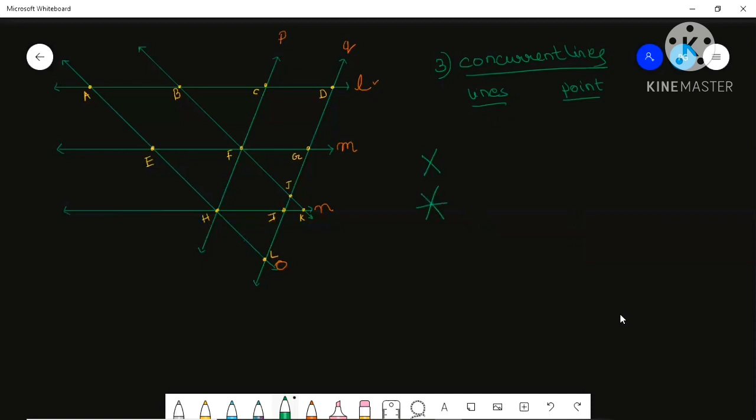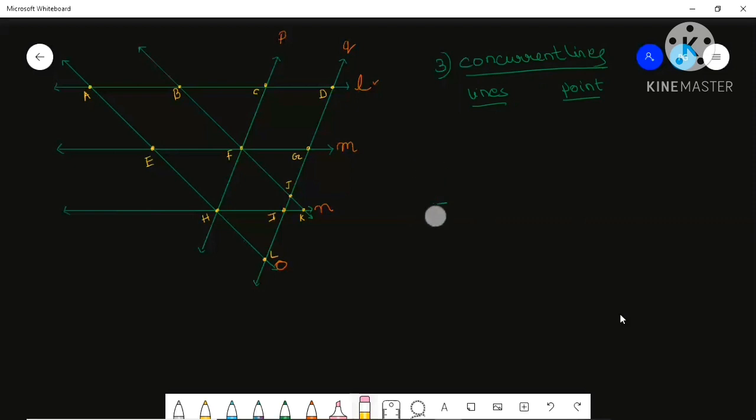And one more thing: in the intersecting part, wherever you get a concurrent point like F, as I told you last time, you can take it because it is intersecting also. A concurrent position can be intersecting, but an intersecting position like B cannot be concurrent, because only two lines are passing. But a concurrent position like F can be called intersecting also.